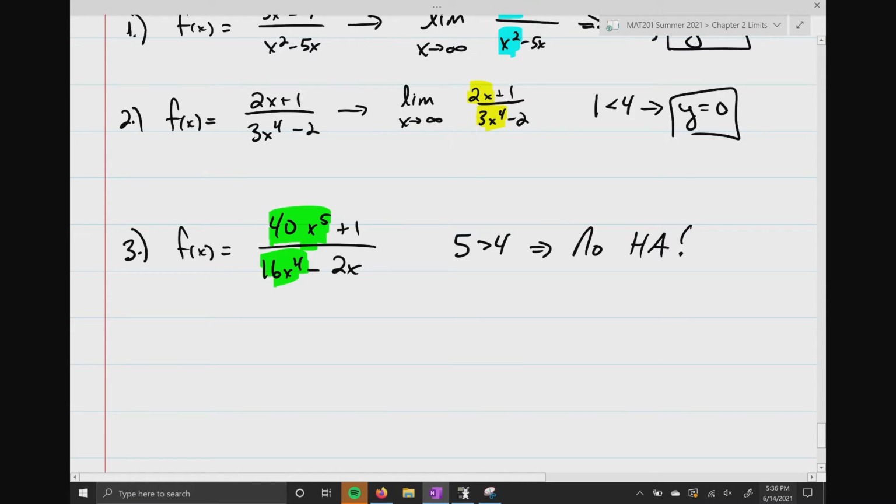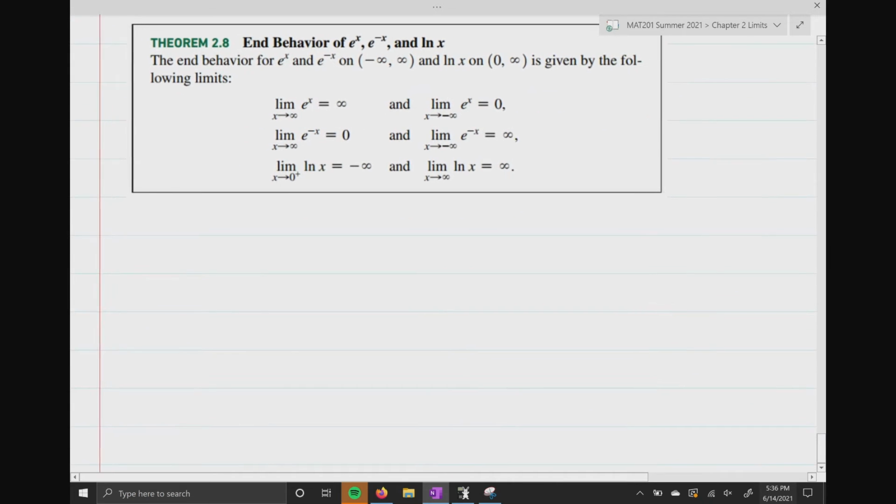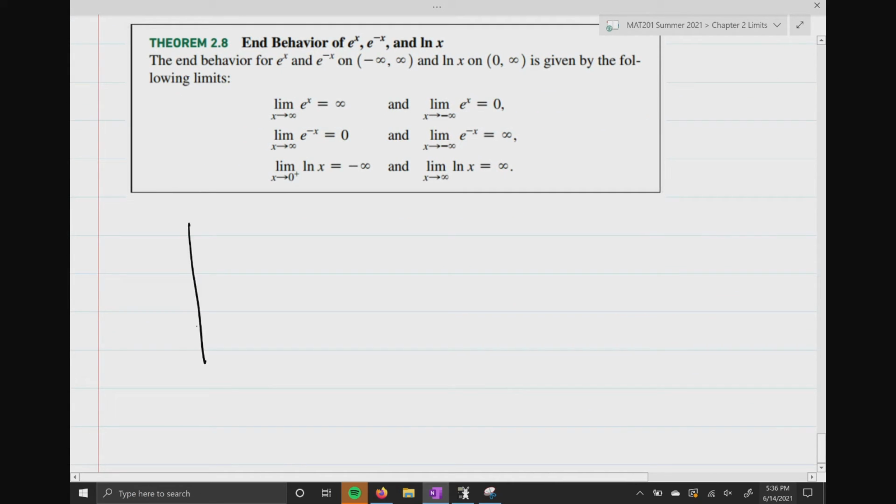Okay? Now, the last thing I kind of want to go over is just the end behavior of some transcendental functions like e to the x, e to the negative x, ln x. And to be honest with you, if you just know what these graphs look like, these are the parent functions, then you already know what their limits are when you evaluate them. So, real quick,